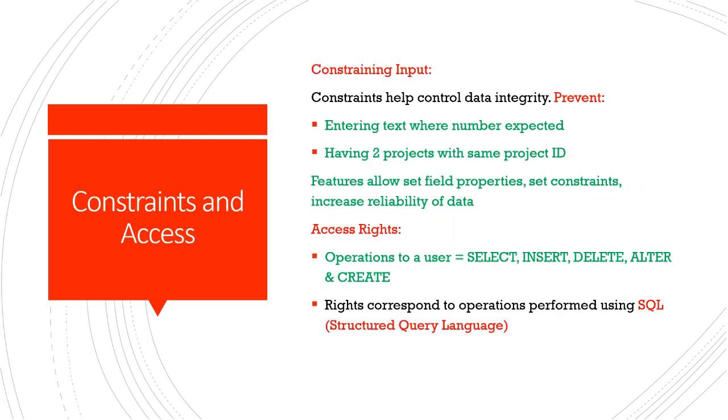A database can have constraints and access to it, so you can constrain input into your database, and these constraints will help control the data integrity. They can prevent entering text where a number is expected for your data type, or having two products with the same project ID, and this can be done through auto number. So these features will allow you to set field properties, set constraints, and increase the reliability of data and reduce